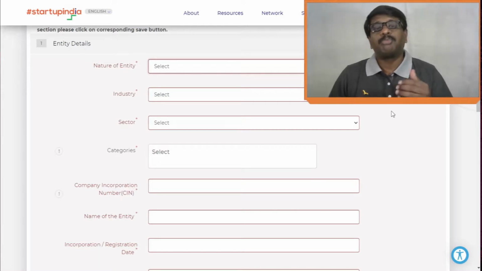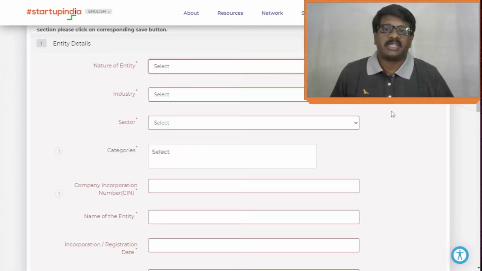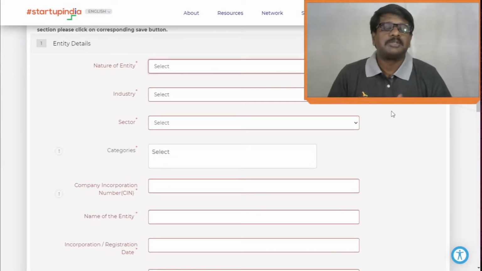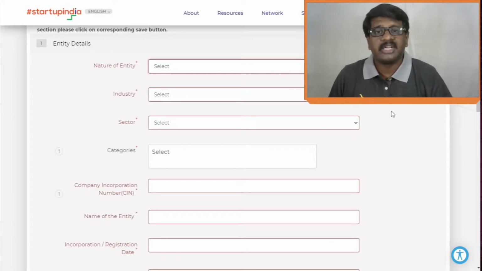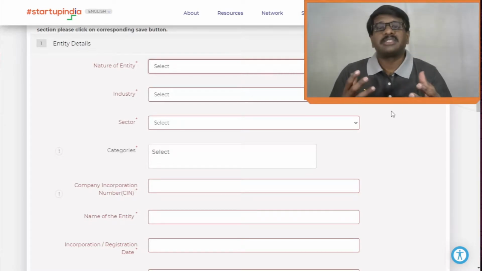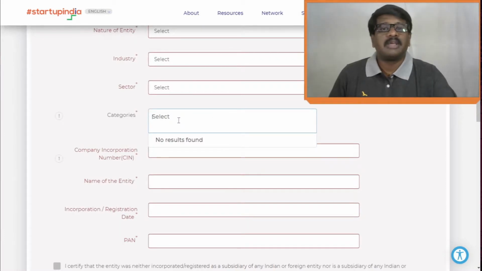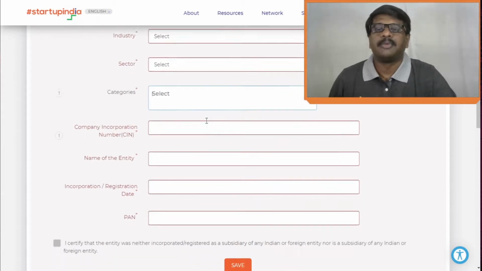Then sector: in your particular industry, there can be various sectors. So which exact sector do you belong to. For example, let's say in industry, you have selected renewable energy. So the sector could be anything in renewable energy, like it can be renewable wind energy, it can be renewable solar energy, it can be nuclear energy. So sectors are basically a subset of your industry. Then category: in the profile, when you're filling the data, it allows you to select 5 areas of interest from the given list. So you need to select those 5 areas of your interest. So automatically those again will pop up here.